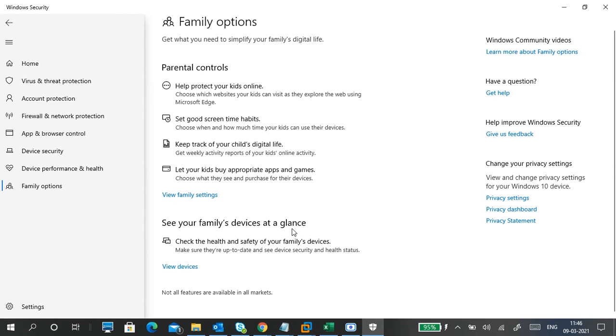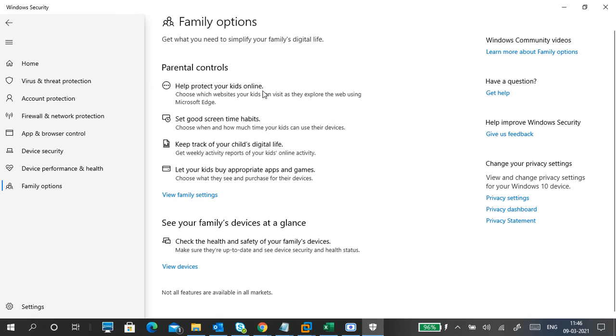If anybody wants to use the PC, like if my nephew wants to access my PC, I can give some settings so he can access only this kind of stuff, these kinds of applications. This is called parental control. It's a new look in Windows 10, but parental control has been there from Vista onwards, Vista, Windows 7, Windows 8. But Windows 10 has a different look.